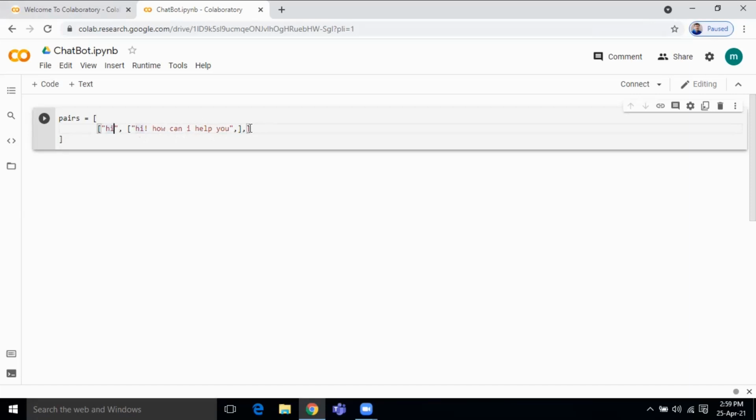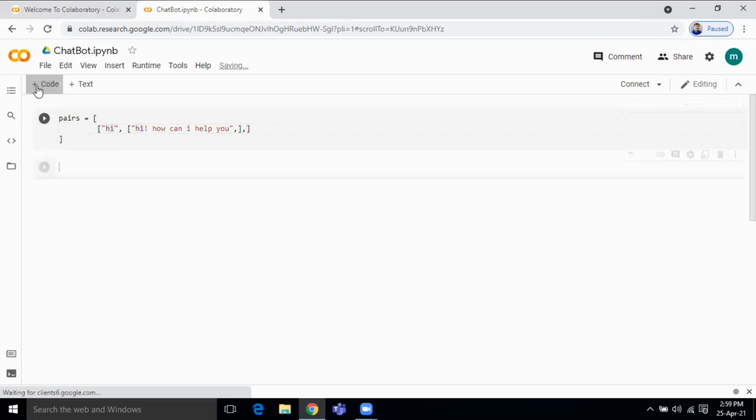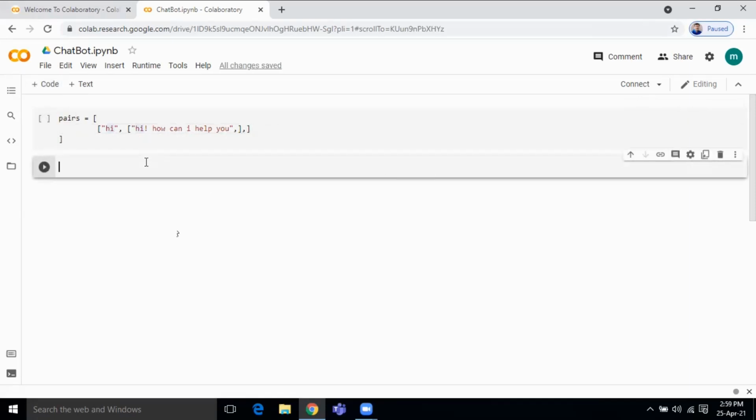So let us take another cell, and here we'll import NLTK and so on. In order to do this in a simple way, from nltk.chat.util, this is the module I am considering, I am importing Chat, comma, reflections.